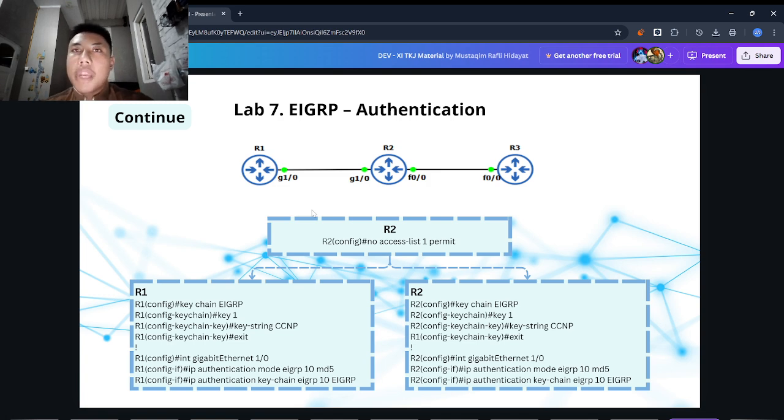If they do not match, the update is rejected and the neighbor relationship will not form. Key concepts: a key chain stores one or more authentication keys. MD5 hash provides integrity and ensures that updates are not tampered with. Interface-level configuration: authentication is applied to the interface that participates in EIGRP.